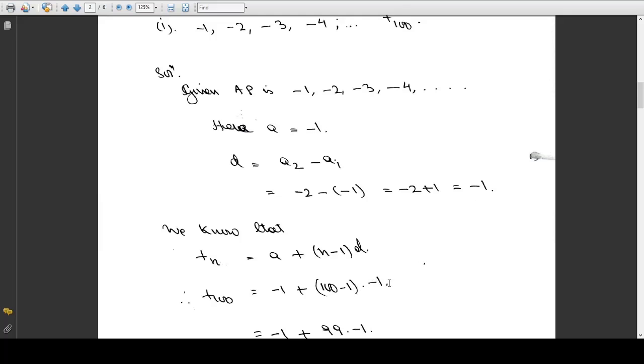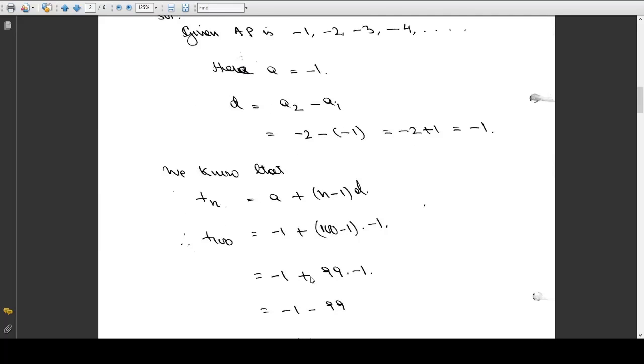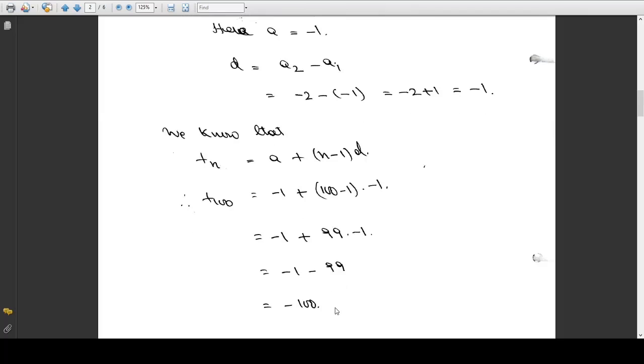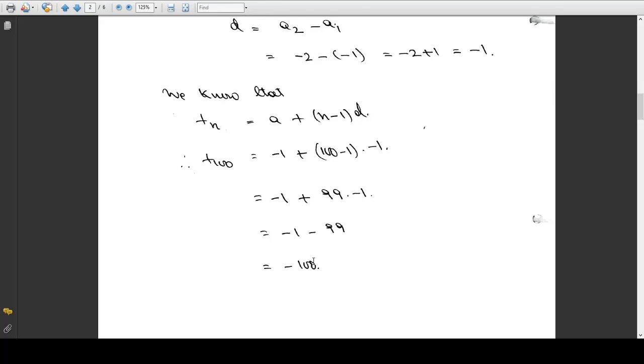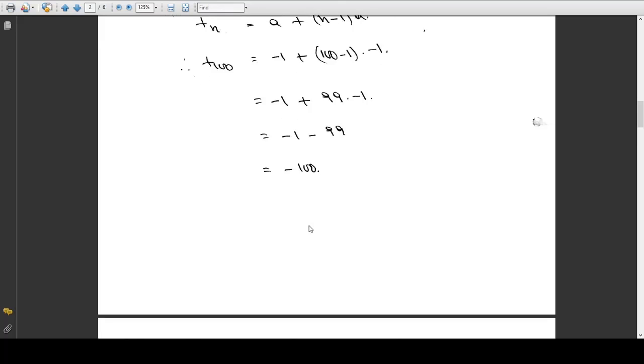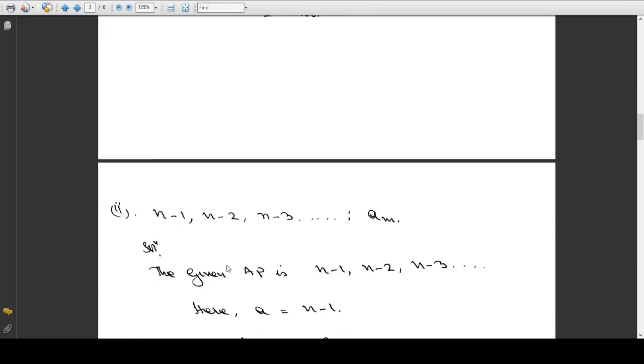it is minus 1, plus 99 multiplied by minus 1. Plus with minus is minus, 99 times 1 is 99, minus 1 minus 99 is minus 100. Therefore the 100th term of this given progression is minus 100. Okay, for the second one,